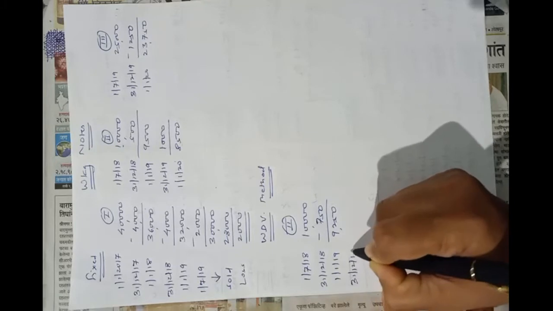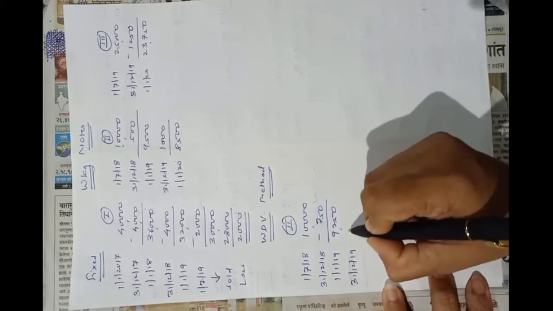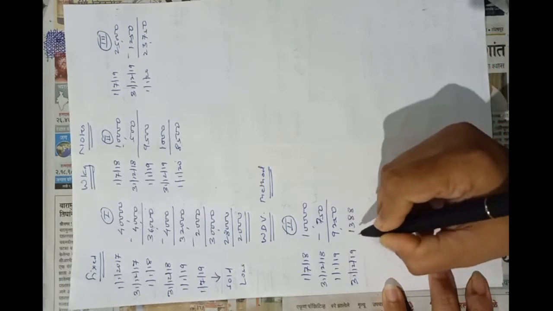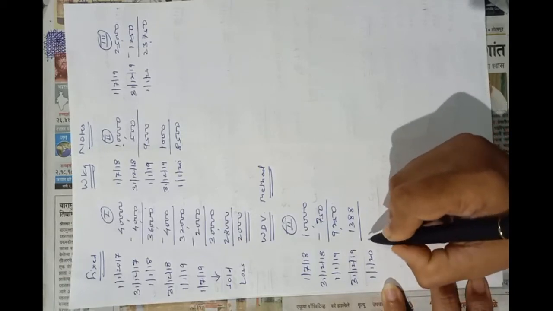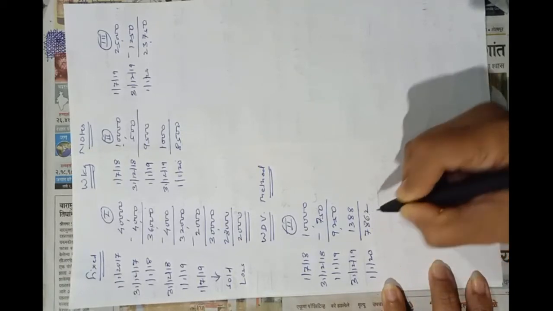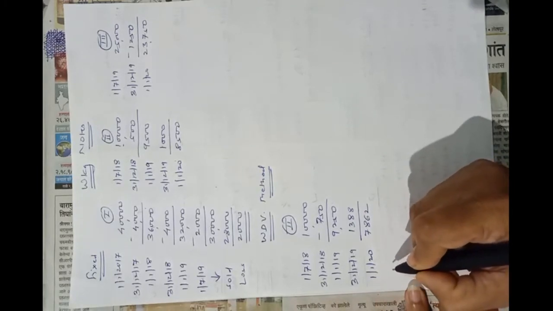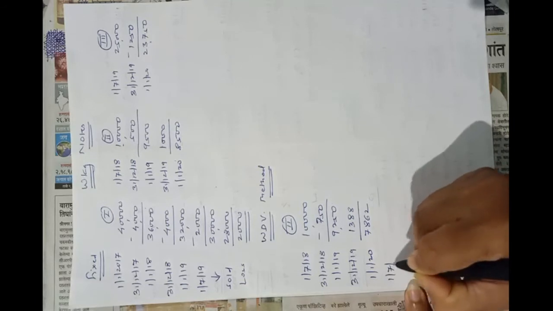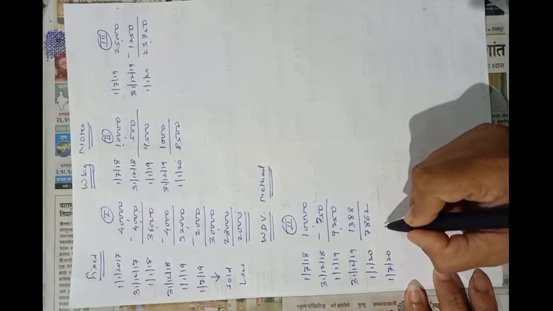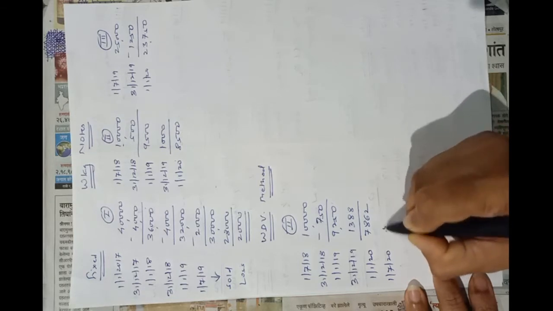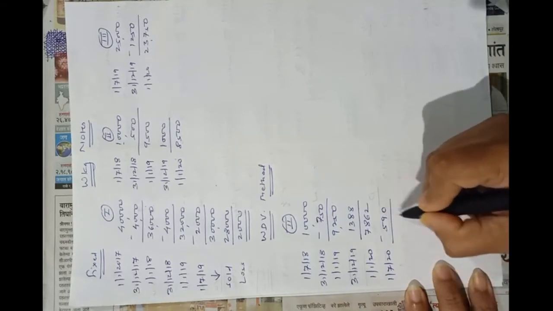On 31st December 19, 15% of 9,250, it is 1,388. So on 1st January 20, the written down value is 7862. Then this machinery was also sold on 1st July 20. So on 1st July 20 we have to calculate depreciation for 6 months. So 6 months depreciation is 590, and the written down value is